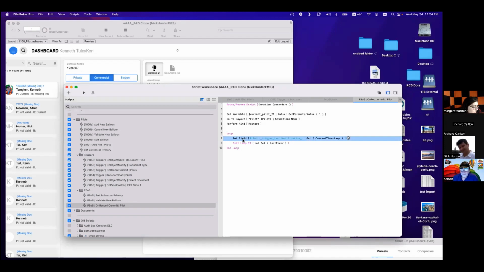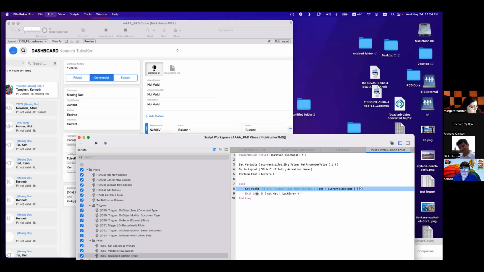Let's say I want to modify, and I was modifying this pilot. It doesn't care. Even if it's busy, when it's on server, it's another computer, and I'm setting a field, and it doesn't even care if the record is busy or not, because the set field doesn't care about this.